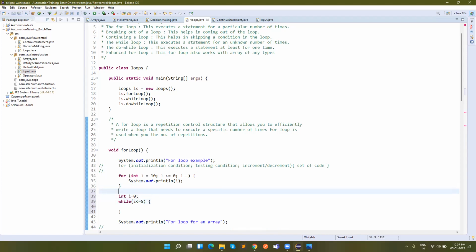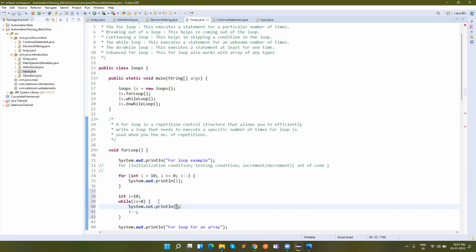This is the same thing. Whatever I have written over here, the same thing: I greater than 0, and here I will do I minus minus. Same thing as the value of I.